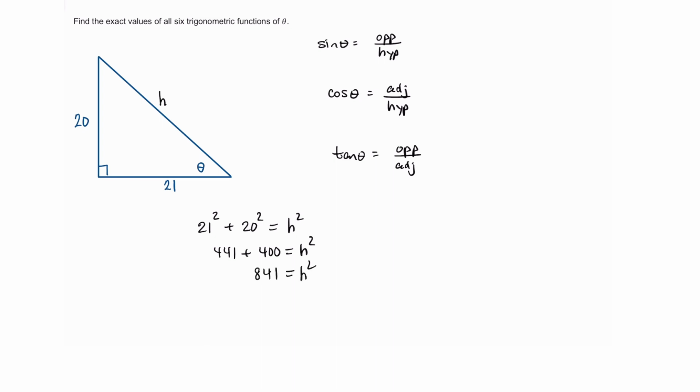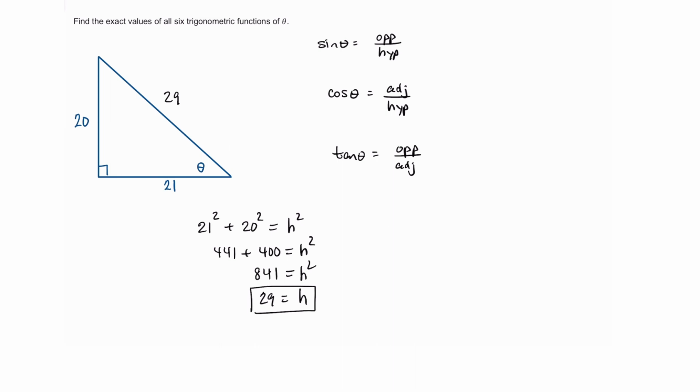to h squared. Since h is the length of a side, I am not going to consider the negative solution. The square root of 841 is 29. So that means that the missing side of our triangle is 29, and now we can focus on finding our